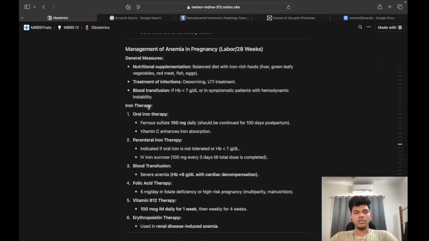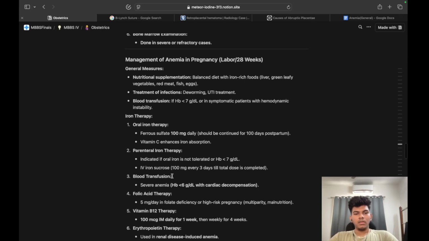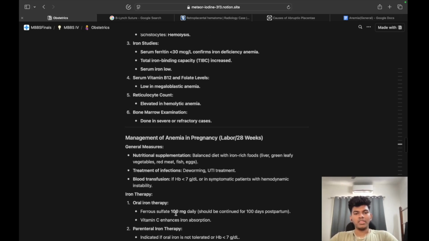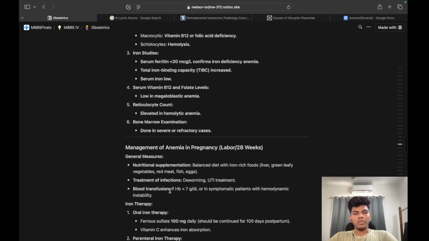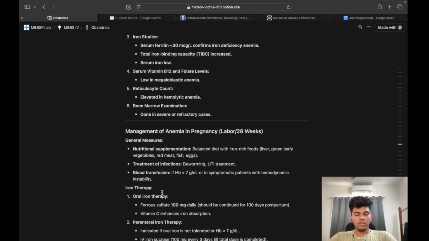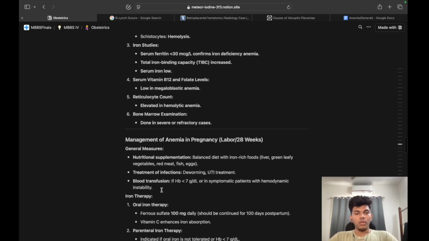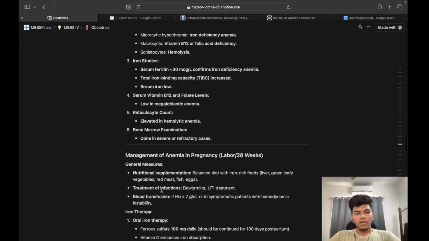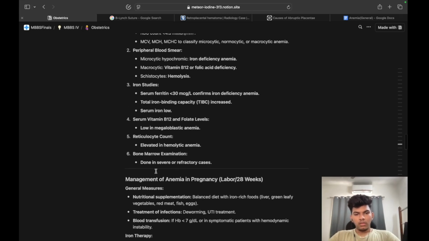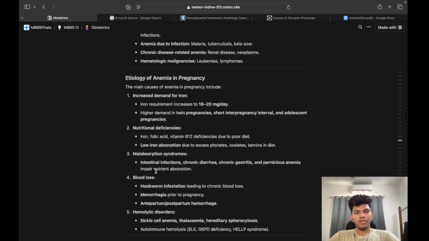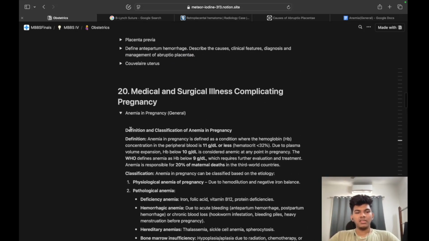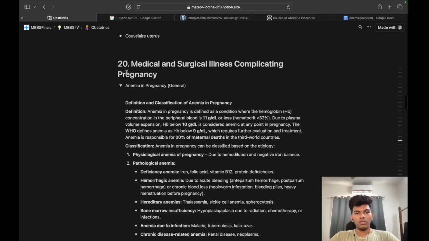And over here too we have seen different kinds of iron therapies and also folic acid and vitamin B12 supplementation. Probably this should include these two things, iron therapy and blood transfusion, and the rest of the things should come in separately. I'll try to change the format in case time permits, or else it is obvious how it is if you go on understanding it properly. Overall it is quite fine. It is a very simple topic, but the only thing is we need to know how to put the headings and subheadings